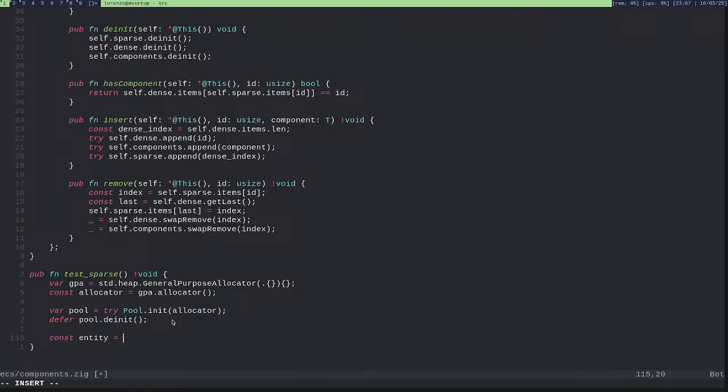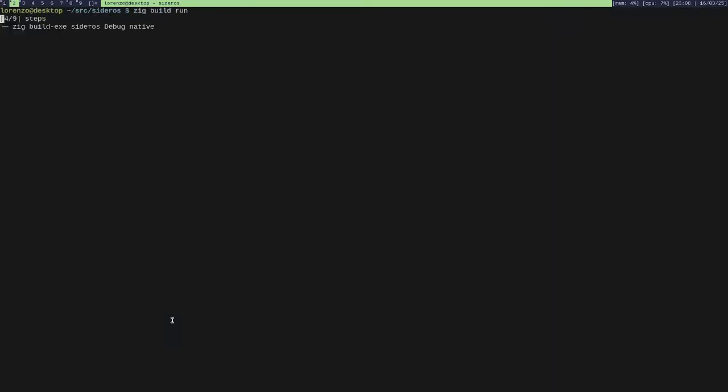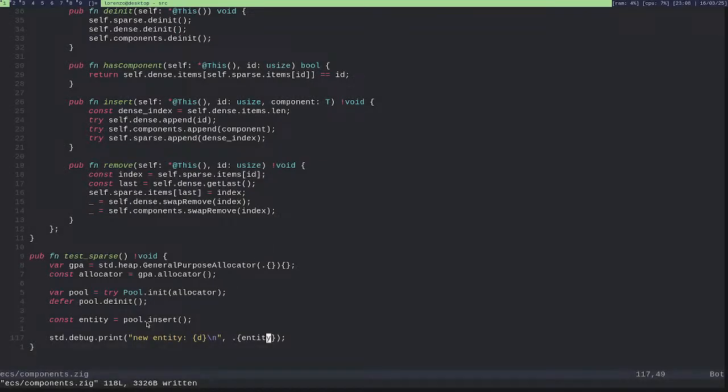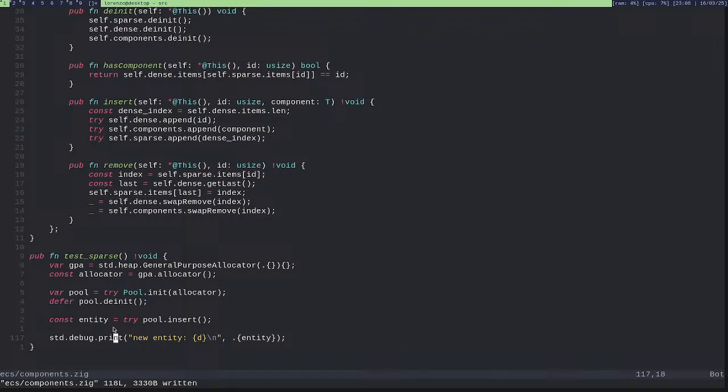Entity pool insert, std debug print new entity. And let's see. Oh yeah. Okay.